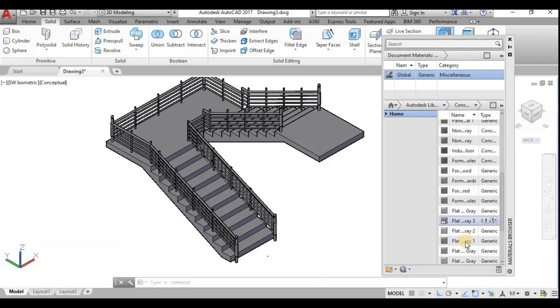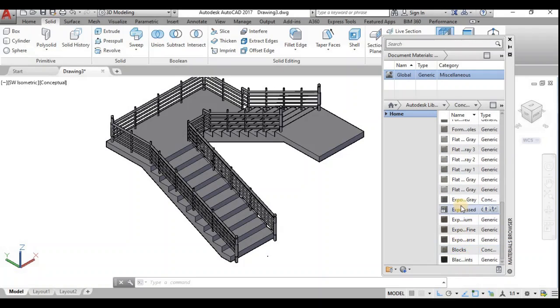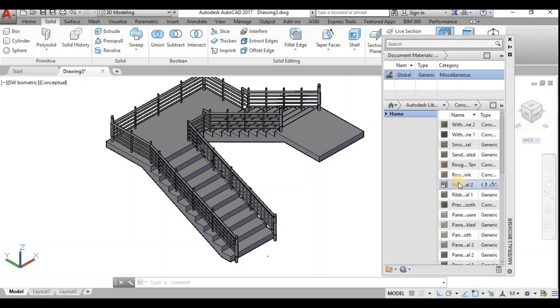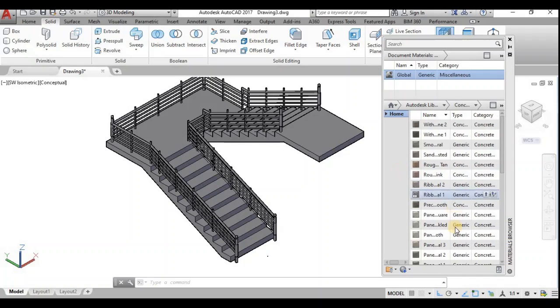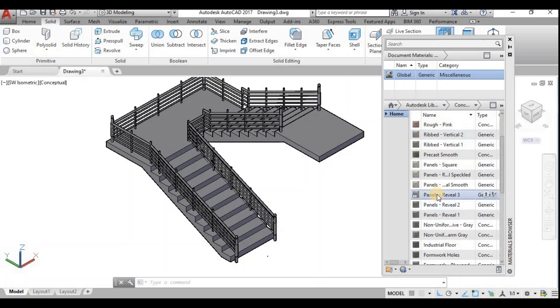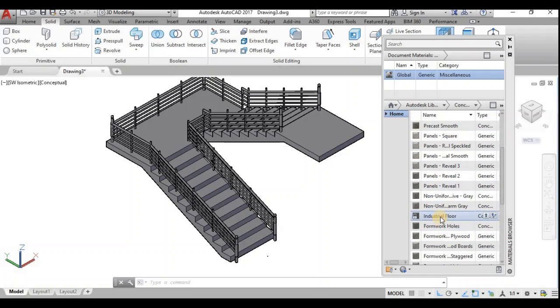Now we can choose colors or materials depending upon our requirement. Here I shall choose rough concrete. Panels are uniform, non-uniform, industrial floor. I shall give an industrial floor.